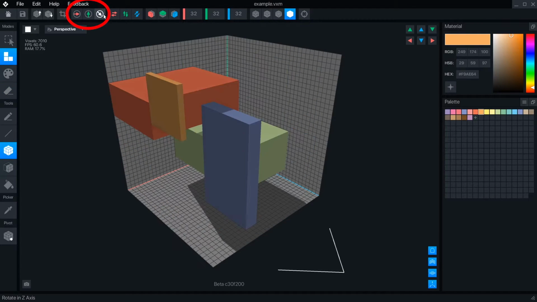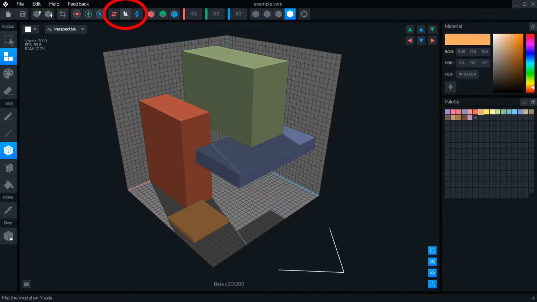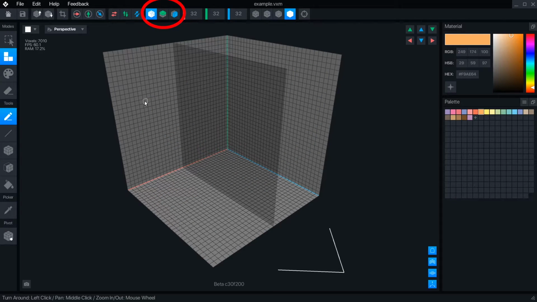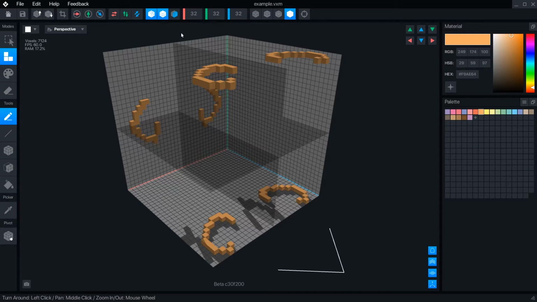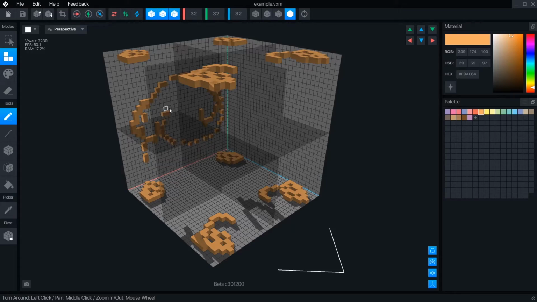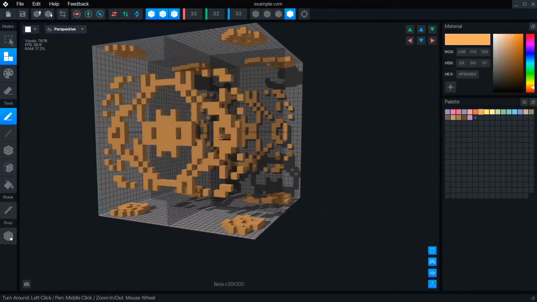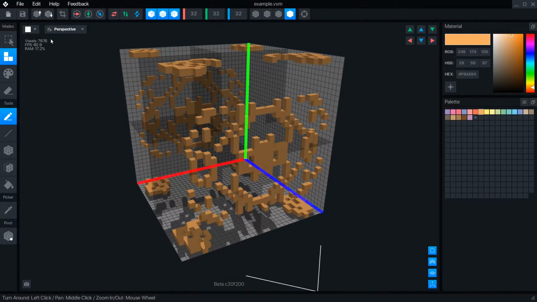The next set of buttons rotate and flip the object, and these turn on the mirror feature for symmetrical sculpting. Each axis is color-coded. Red is X, green is Y, and blue is Z. Every button related to the axis matches this scheme, and the lines are drawn in color on the volume itself